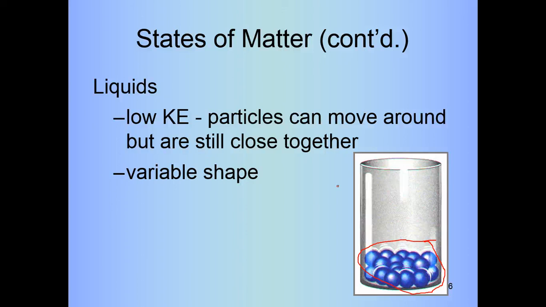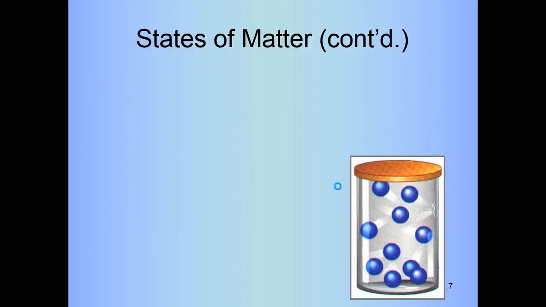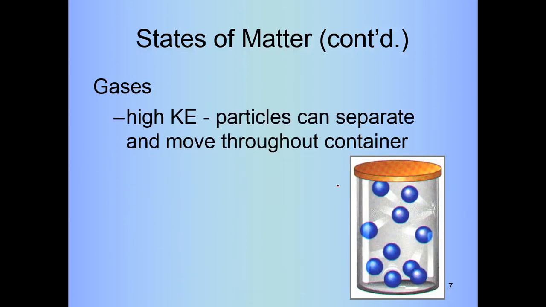Because the particles can slip past each other, they can take on the shape of their container. And they have a fixed volume still, though. If there's no space between the particles, they can't take up any more or less space than the particles themselves take up. Lastly, we've got gases, and gases have high kinetic energy,